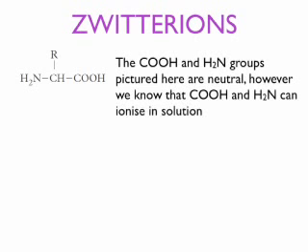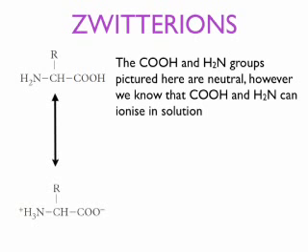What I mean by potential is that we know that in solution, the COOH group is called a carboxylic acid because it can donate a proton. So if we put it in solution, the following can happen. Note, the COO has lost its H and is therefore negatively charged. The H has moved from the carboxylic acid group over to the amine group. Therefore, that side of this amino acid is now positively charged, and the carboxylic acid side of the group is